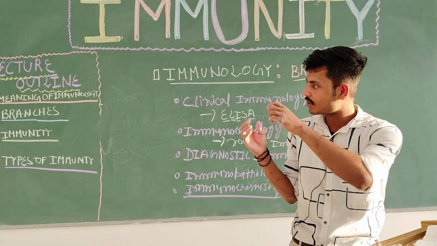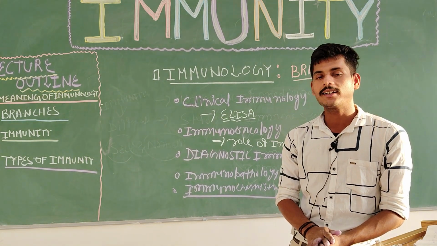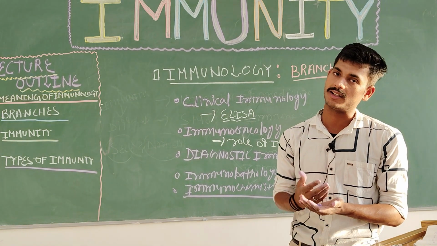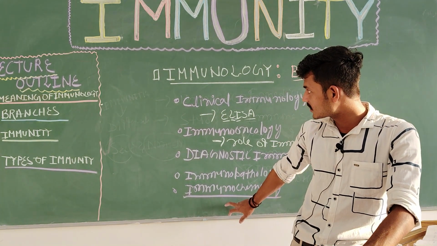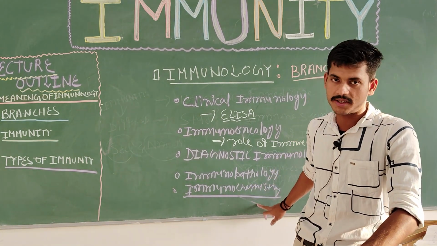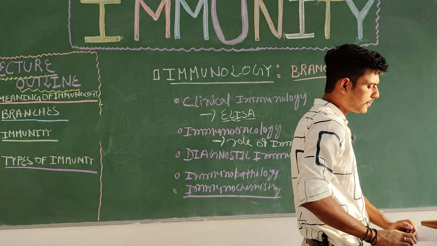Apart from that, there are cytokines and antigens. These all have a chemical basis. So all their chemistry is dealt with under one separate subfield of immunology called immunochemistry. Then we have another branch called